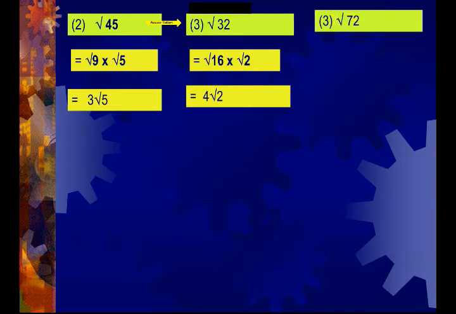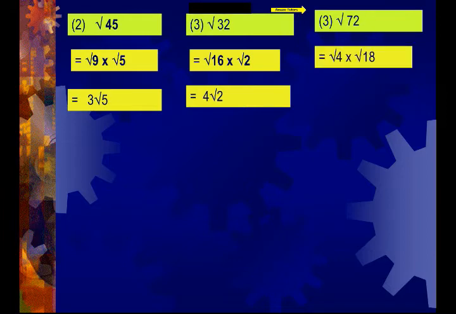Now let's look at the next example. Square root of 72. Do you think of any perfect square factor? Yes, 36 and 2. Or 4 and 18. Actually, you can directly write this as 36 times 2 so that you are able to write the final answer 6 root 2 in 2 steps.